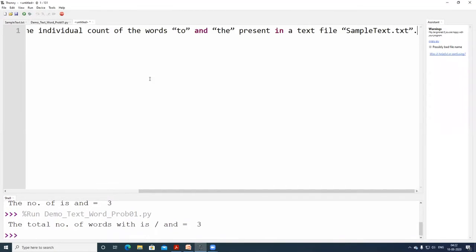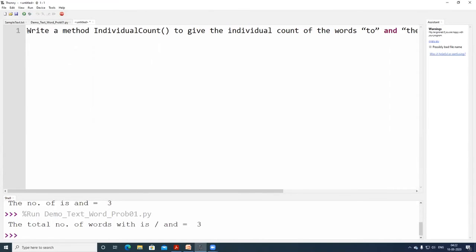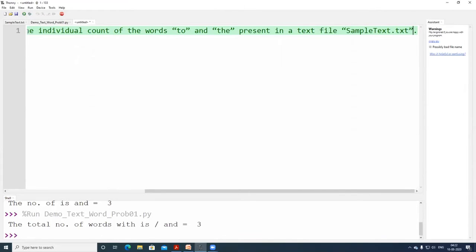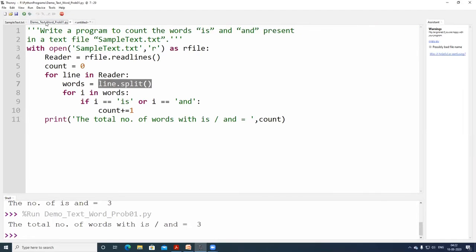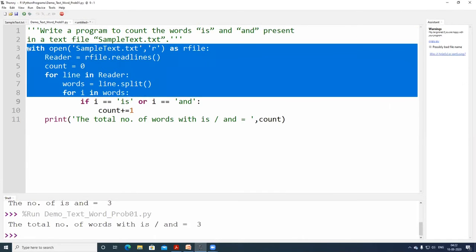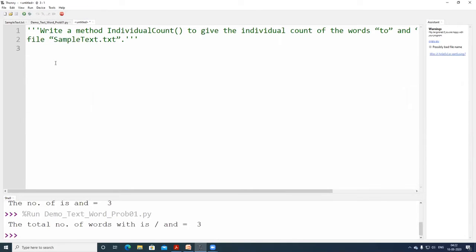I am trying to paste here. This one. I have to do a little bit of modification with respect to this particular problem. It has a link towards the previous problem, hence I am copying it.